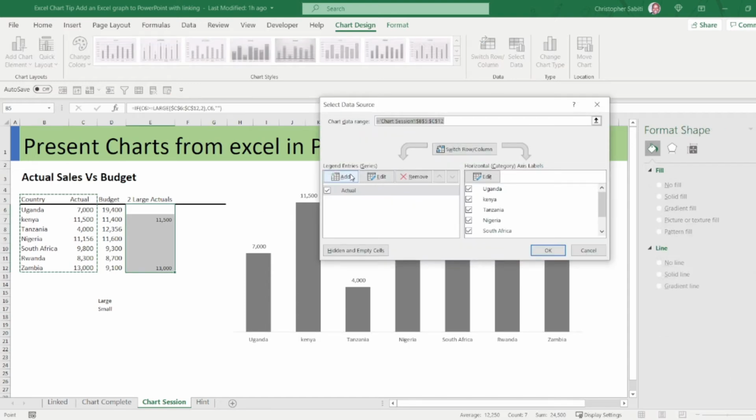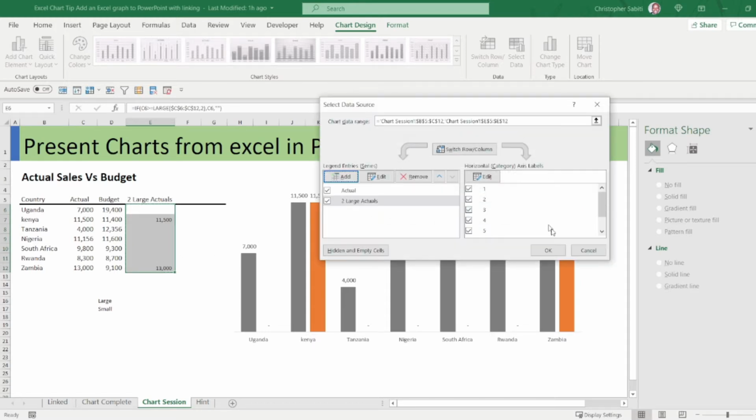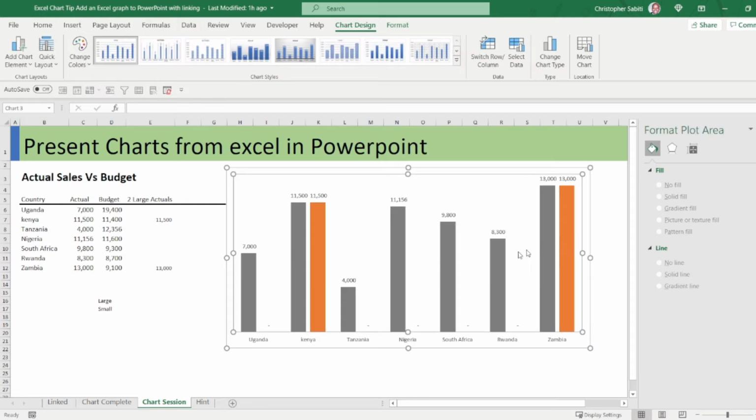So we already have actuals, now we're adding another series. Here they're asking us for the header, so the series name is that. Then the series values, there is always the default of equals 1, an array, so we select our range. Then I enter OK, and again OK.